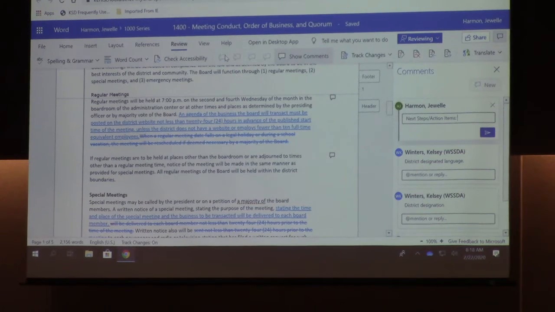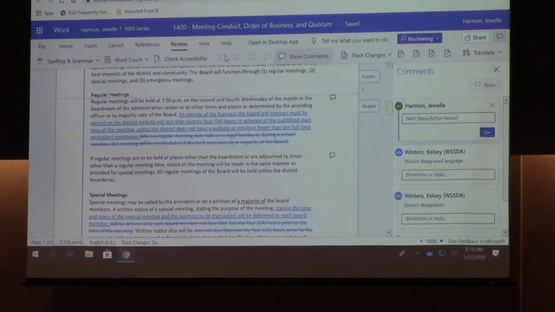Definitely. So I'm hearing about adding that possibly to 1822, which speaks to continuous education and development for board members. So this policy is not necessarily the right place to put it, but definitely adding that to 1822. I just made a note to bring that back up again when we get there. Yeah, I think that would be helpful.